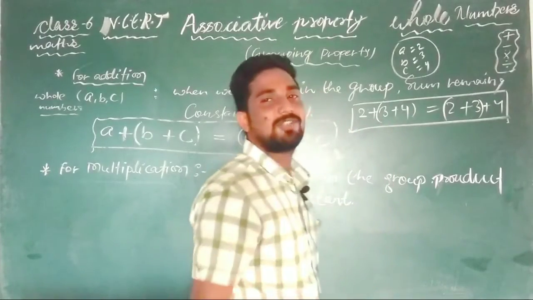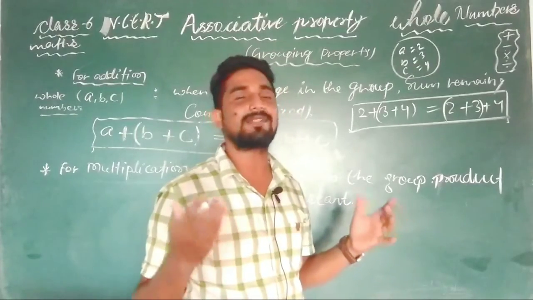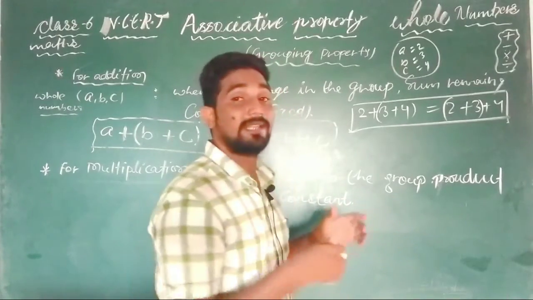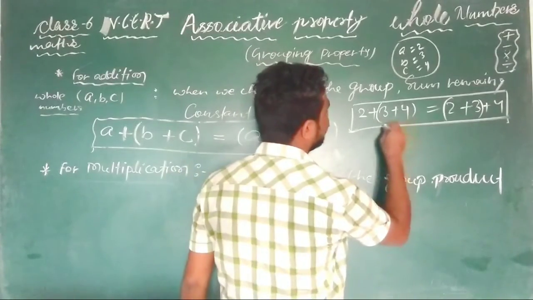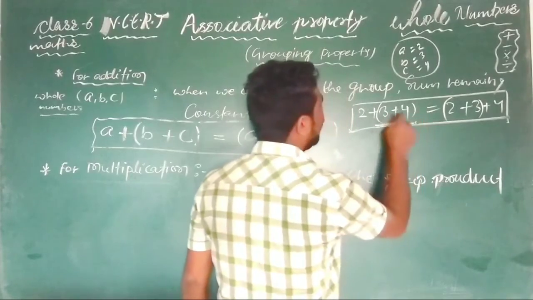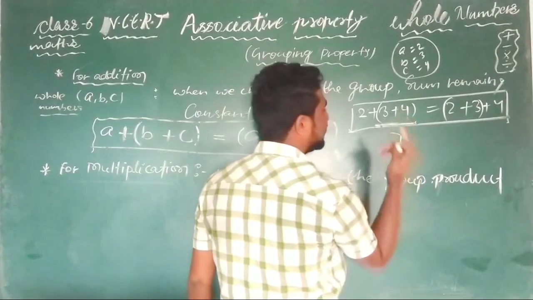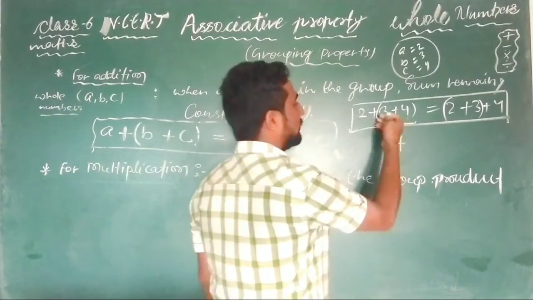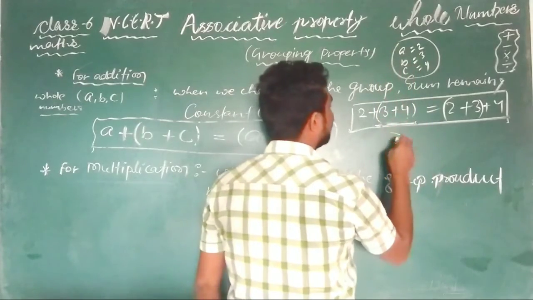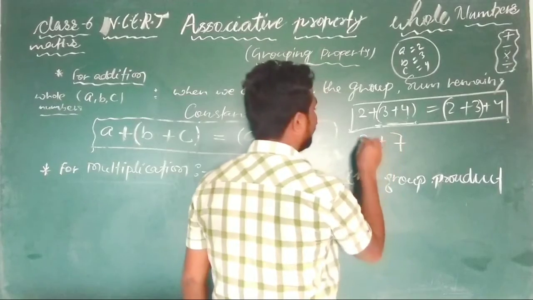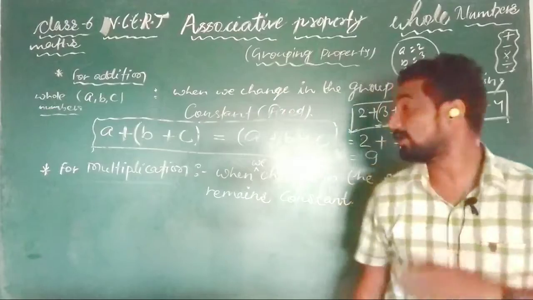As you must know the simplification rule, the rule is simple. In BODMAS, first the process of the bracket comes, and in the bracket, the small bracket process. So if you solve 2 plus (3 plus 4), 3 plus 4 will be added first as per the simplification rule. So 3 plus 4 is 7, and now the bracket is over, so it is 2 plus 7, that is 9. Now you do this side.